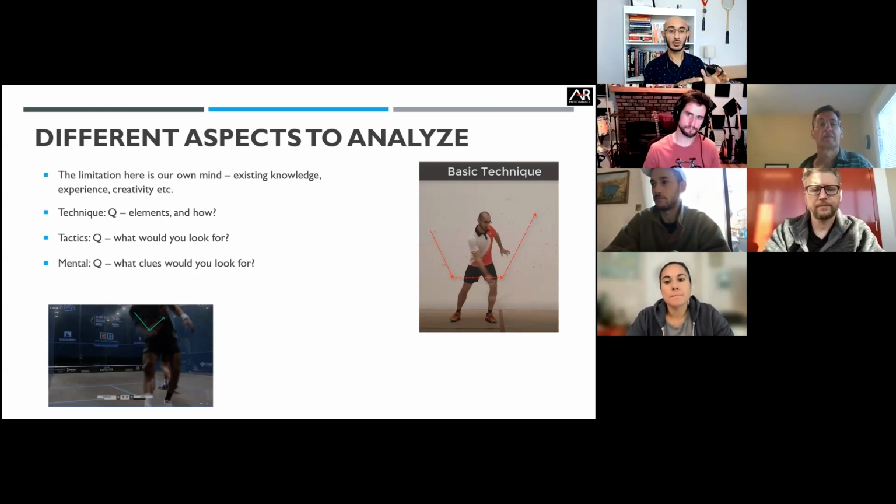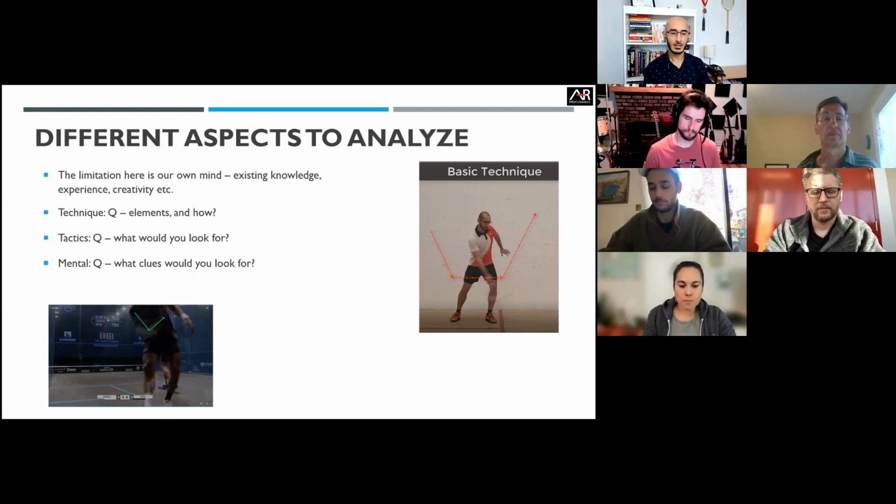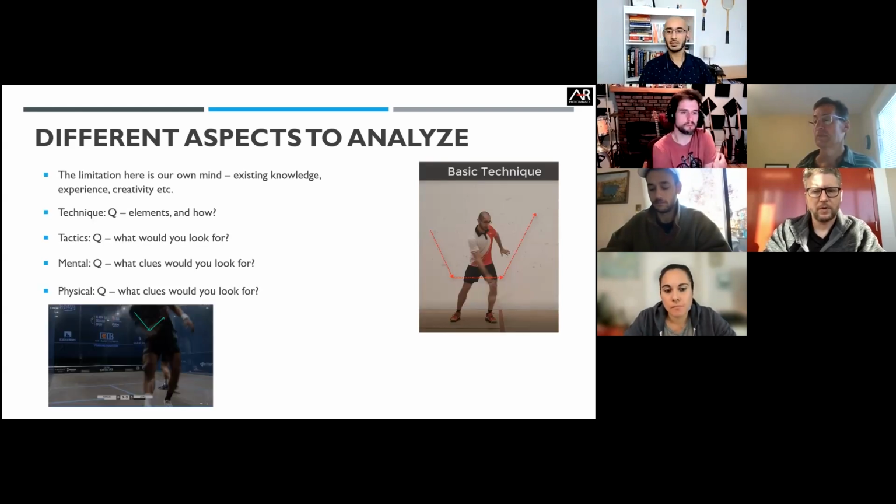So if you train your students to have some form of mindfulness anchor, whether it's what David Palmer did, pulling on the tongue of his shoe, or wiping your hand on the wall and genuinely feeling what you're doing as opposed to just doing it, you can see all those things in the video. And all of a sudden you'll say, hey, I thought this is an anchor we talked about. You did it once in a full match. Is that effective? Is it ineffective? Is it working? Is it not working? Then you can start having those conversations. So that's an example of mental. And then physical. How could you look for certain things from a physical perspective?